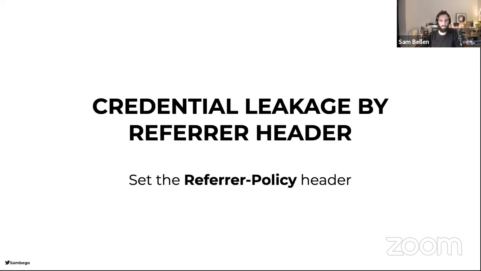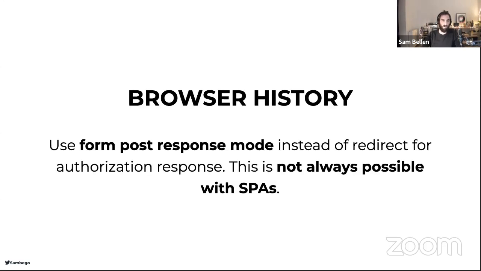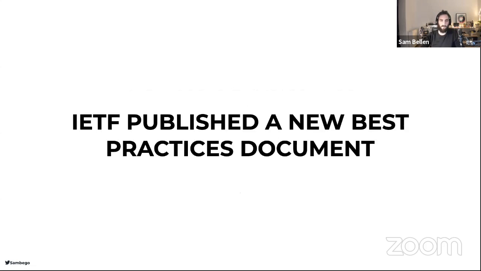Credential leakage can be solved by the referrer policy header, and the browser history. Leaking your tokens in your browser history can also be solved most of the time by using the form post response mode. That's not always possible with single page applications, but you might be able to solve it with it. But because of these vulnerabilities, the IETF, which is the Internet Engineering Task Force, published a new best practices document